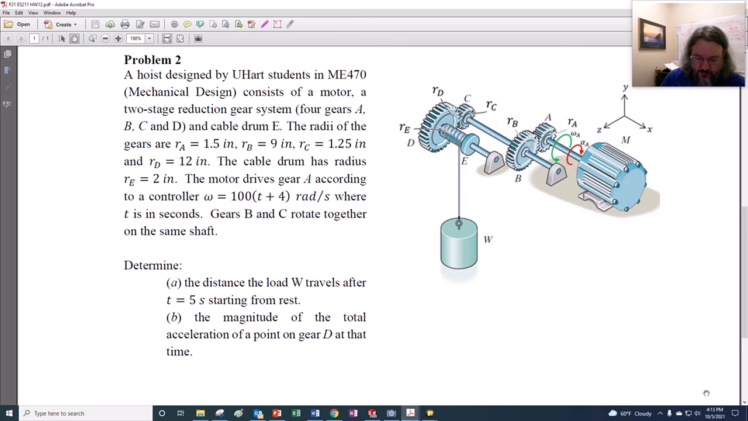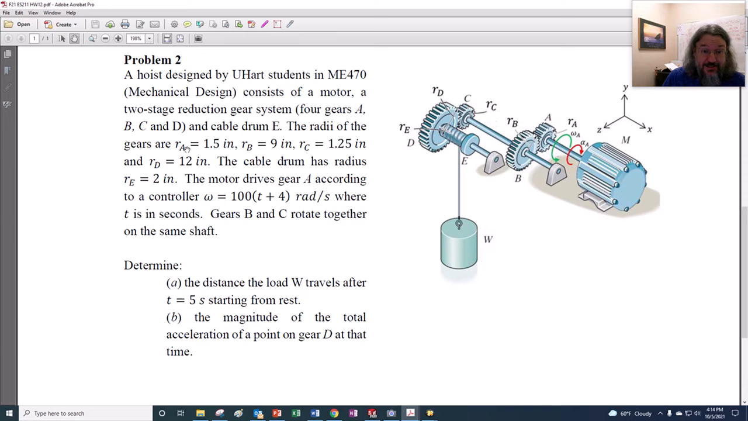Here's problem 2 for homework 12. So now we have the people in 470, a class I teach. They've designed this hoist, this two-stage reduction gear hoist that has a motor and gears A and B connected, and then gears C and D connected, and then that's connected to drum E, and it's supporting this W, this weight,